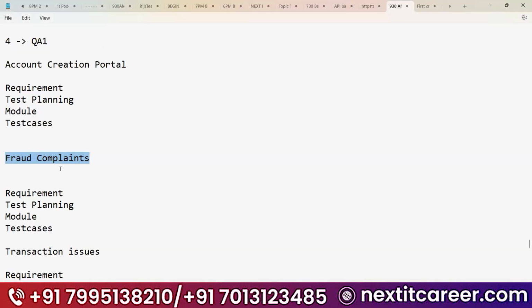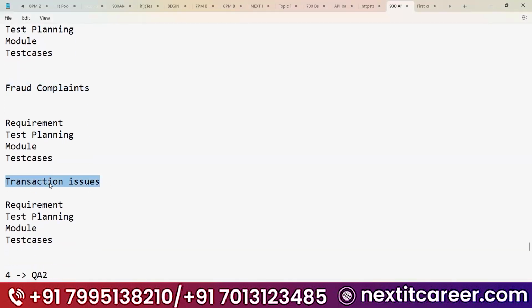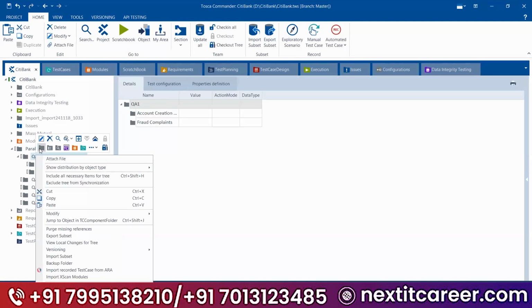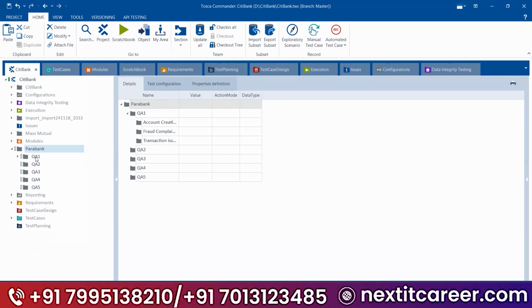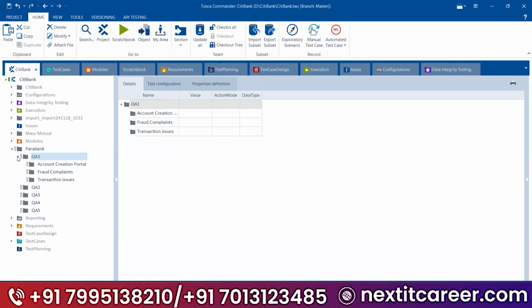What is the use of component folder? I will tell you. Okay, wait, I will tell you. So I will create the thing like this. Okay. Now see, what is the use of creating component? So I have structured one Parabank project, this is the client name. And I have 20 testers. I have divided them into 1, 2, 3, 4, 5 teams, and one lead and 2 automation testers, or one lead, 3 automation testers, like that. Okay. And one manager, depends on your budget.